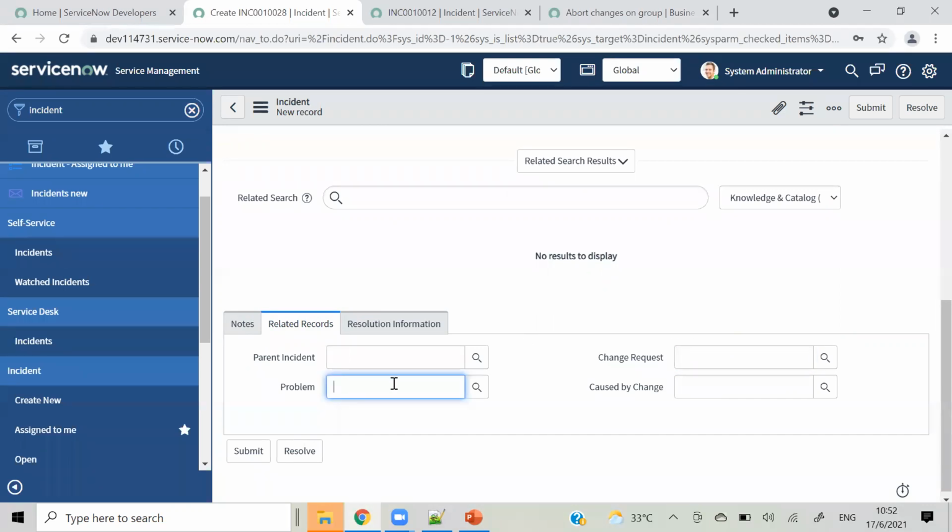While this person is closing the problem ticket, he has to check and close all the incidents attached to that problem ticket. This is also a 100% requirement of ServiceNow. So you got the question, right?